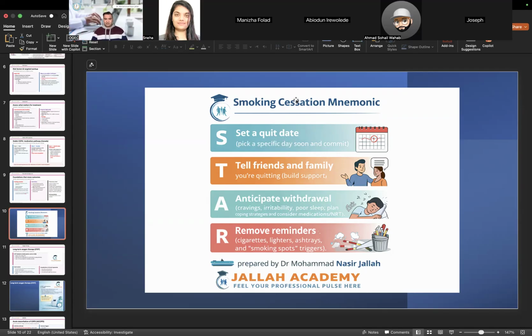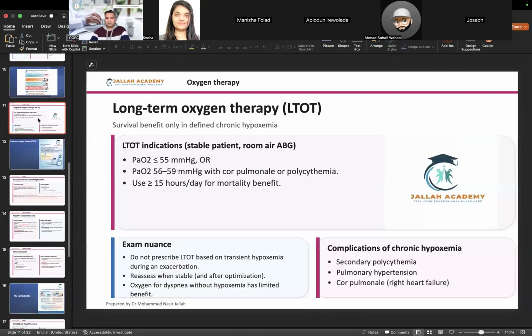Now you have this strategy, which is called the STAR, and then you have the medication, varenicline, and then you should be good. And usually you start the medication before you start quitting. You start the medication while you're smoking, because if you're using like 20 cigarettes per day, when you start the medication, the number of cigarettes will drop significantly. It will drop to like 5 to 10, and slowly it will be 2. You don't feel like smoking, and then you slowly stop it. And usually when they complain that they tried to quit and failed, it's because they were not taking medication.